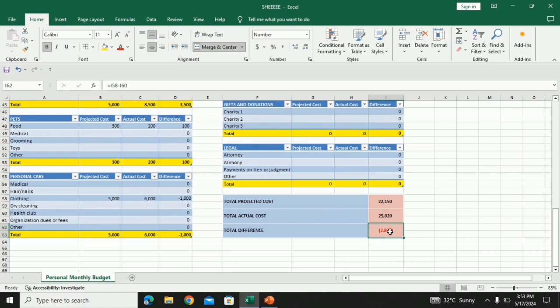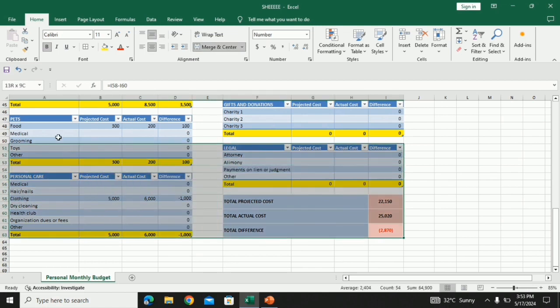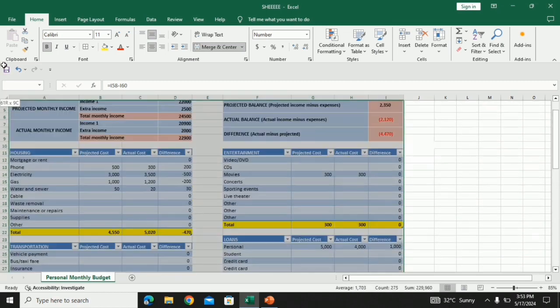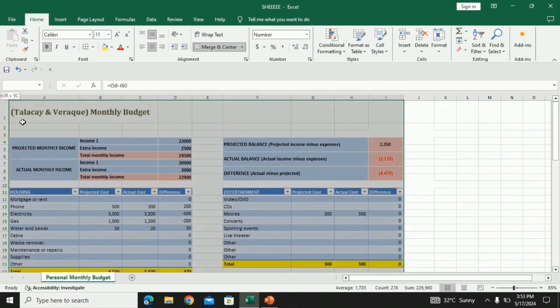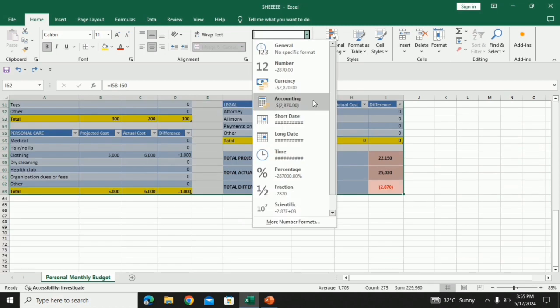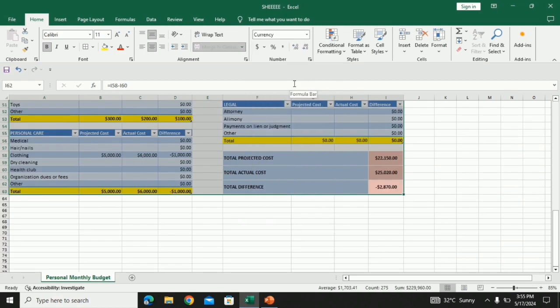So now let's put a currency to the numbers. Go to number and click currency. If you want to remove the decimal, you can just click here.